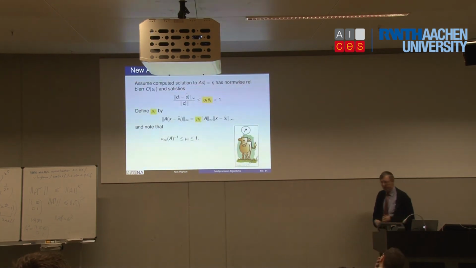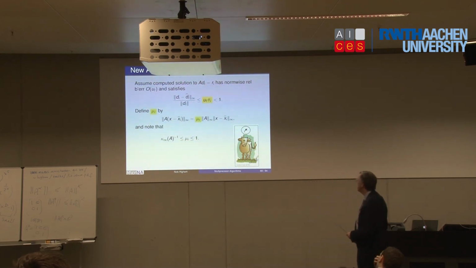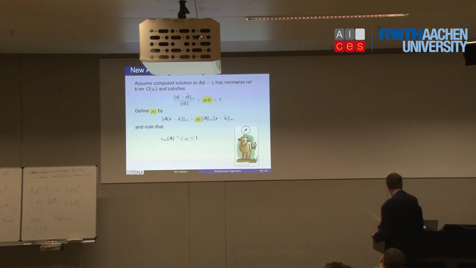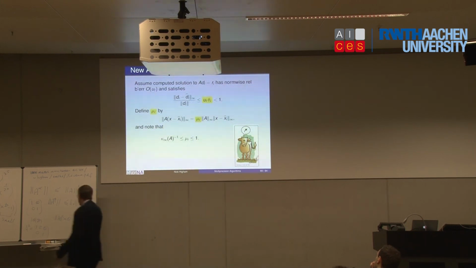And there are some assumptions for the analysis. Remember, A d = r is the residual equation, d is the update. I'm assuming that when I solve that system, I get a relative error less than 1, and I'm calling it u_f times theta. So it will be some multiple of the precision of the factorization. I'm calling that multiple theta_i. That's a pretty weak assumption. I'm just saying we get a bit of accuracy in the update. I'm also defining a quantity mu, which is a bit mysterious at first sight. Where does that mu come from?